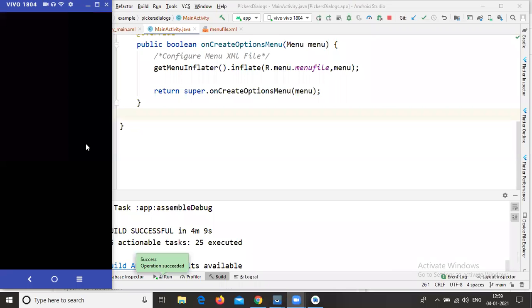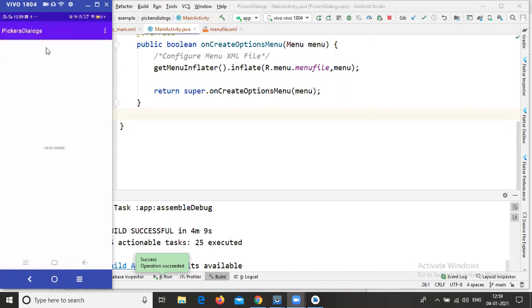Okay, now I got the output. Here the title is available, that is Picker dialogues. When I click these three dots, I get About us, Settings and Call. Only these three items are available, because inside our XML file I created only these three items.